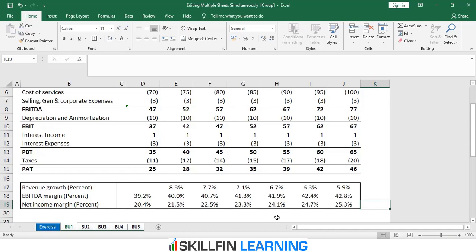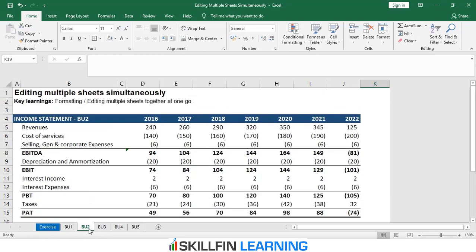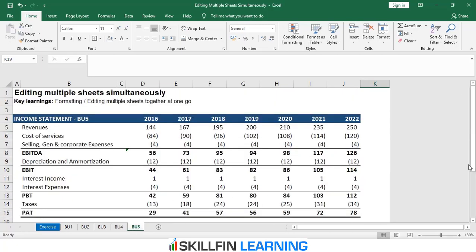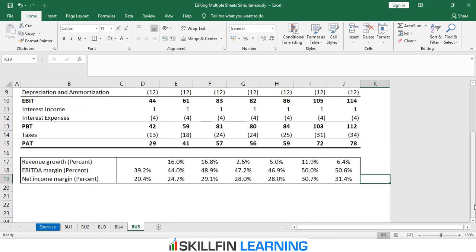Now, because we have done this calculation while selecting all the different sheets, ideally the same calculation would have been carried out on all the sheets together. So let's see if the calculation has been done. I once again come to the BU1 tab, pressing Shift, I click on it, and the selection gets removed. Now if you come to the BU2 tab and come down, you will notice that the ratios have been calculated for BU2. If you come down, the ratios have also been calculated for BU3. Again, if you come down, it is done for BU4 and similarly, it is also done for BU5.